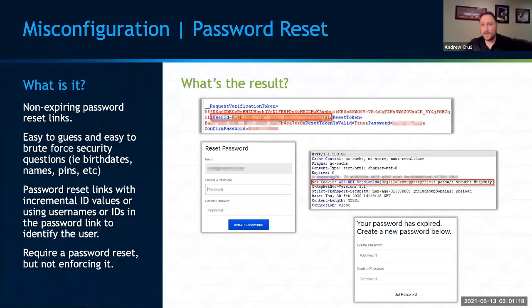Everything's good there. I noticed on this one in particular that it sets a session ID cookie. That's not a problem. I see that sometimes. Usually that cookie has no rights. It's just to authenticate enough to be able to reset your password. But I see sometimes where it actually logs me in with my password reset link. So I never even have to change my password at that point. I could just force browse to my user profile page, and then I'm into the application. Never had to change my password at all.